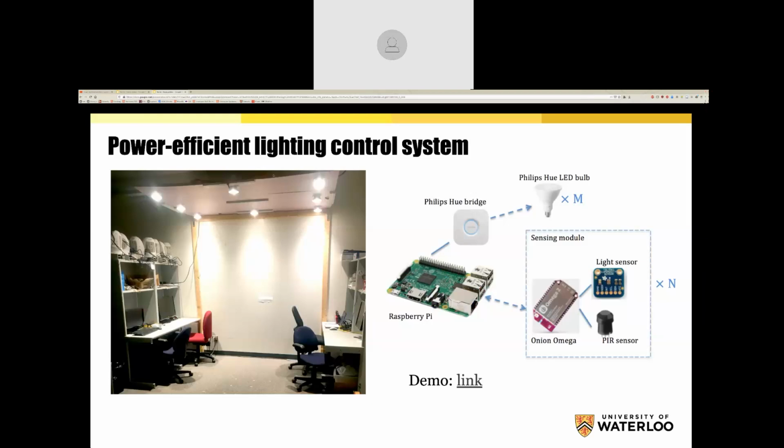And we can actually do this anywhere. We can go to any location, just remove the bulbs, put in these Philips Hue bulbs, and then install these sensing modules, which are about 3 centimeters by 1.5 centimeters approximately, really small modules that are powered by USB. Okay, so it looks pretty simple.